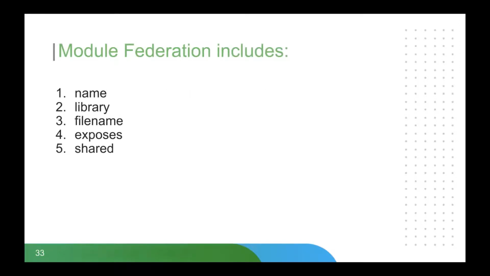Module federation includes some options. Name will be used as the entry file name if file name is not set. So this is the file name; if file name is not set, then this name will be used. Library is another option, which will assign the output of the build into a variable. If you have given a variable name, then an object for the build will be created and assigned to it. File name is the name of the specialized entry file, and exposes is another object option, which exposes the component for consumption by other apps.